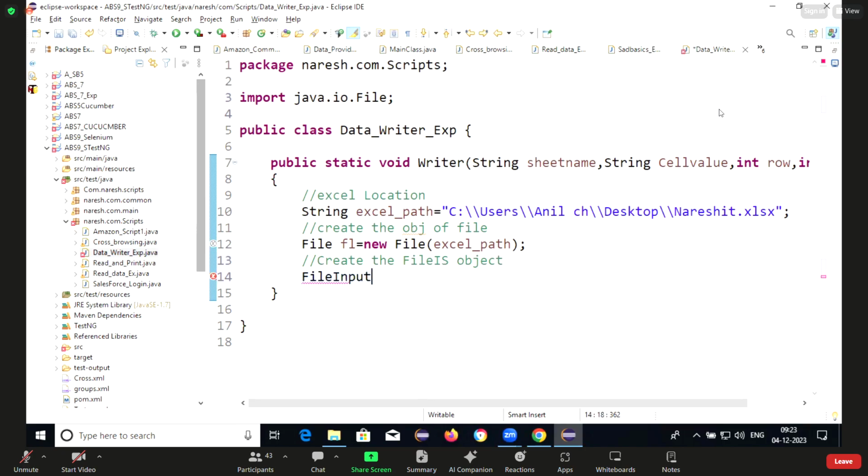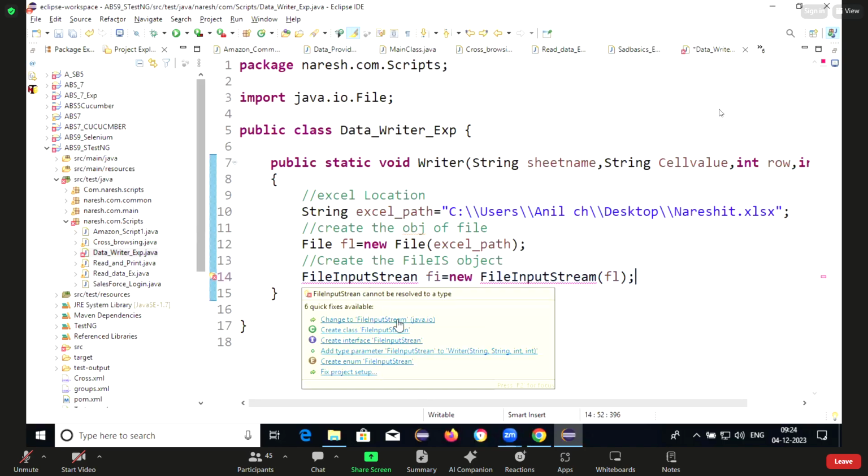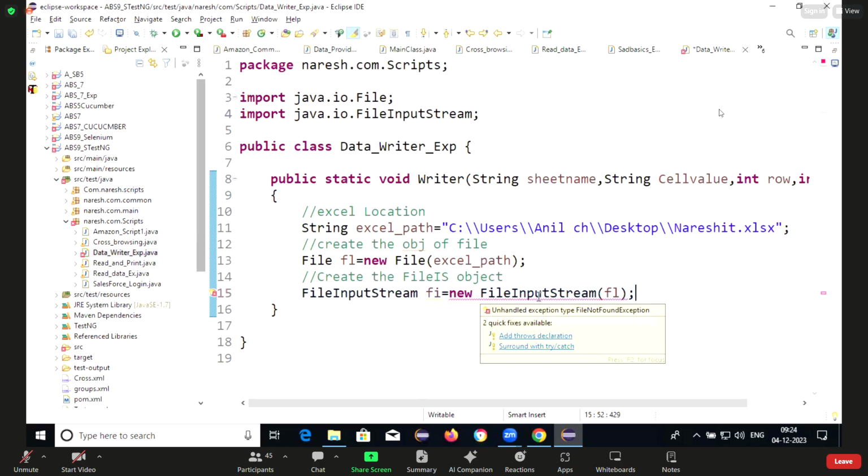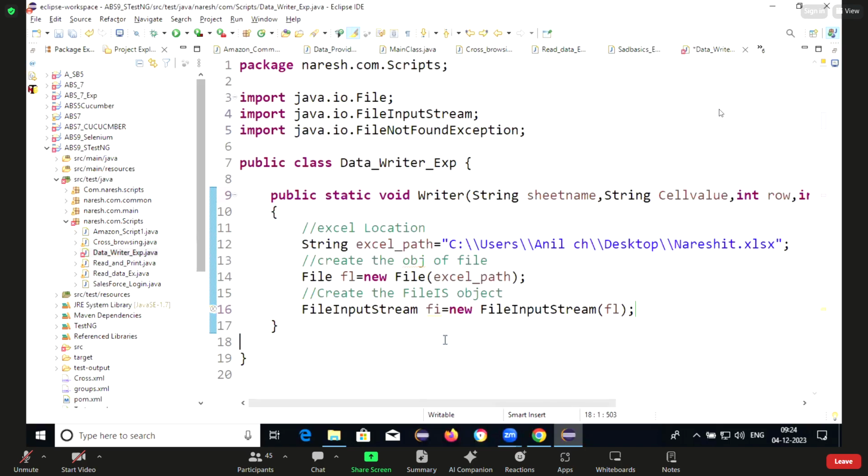FileInputStream fi equals new FileInputStream, and inside of this one we need to call fl. You guys import FileInputStream. Once you import the FileInputStream,